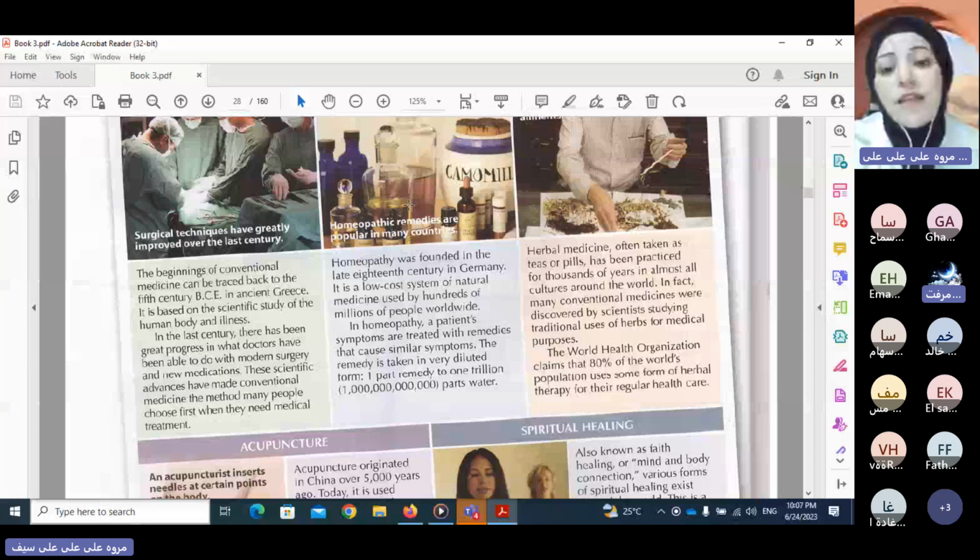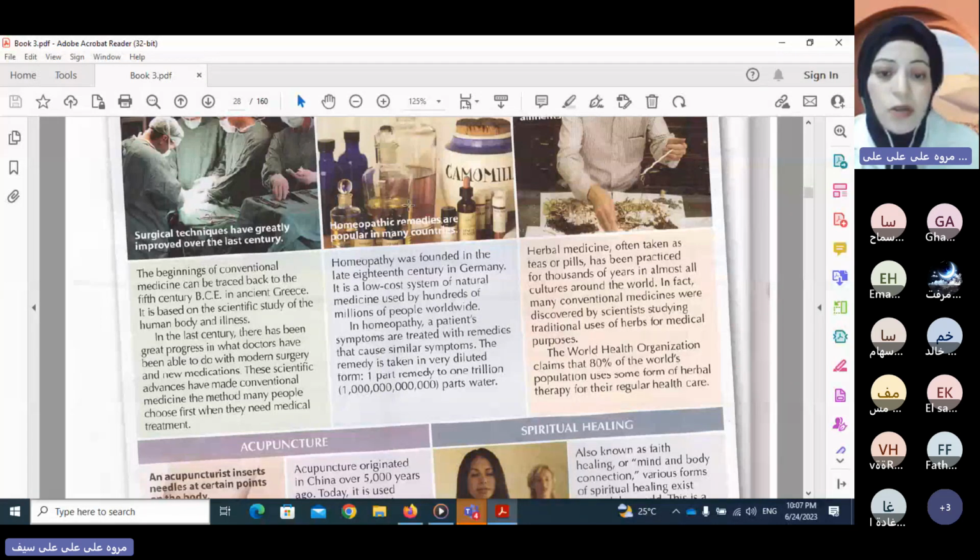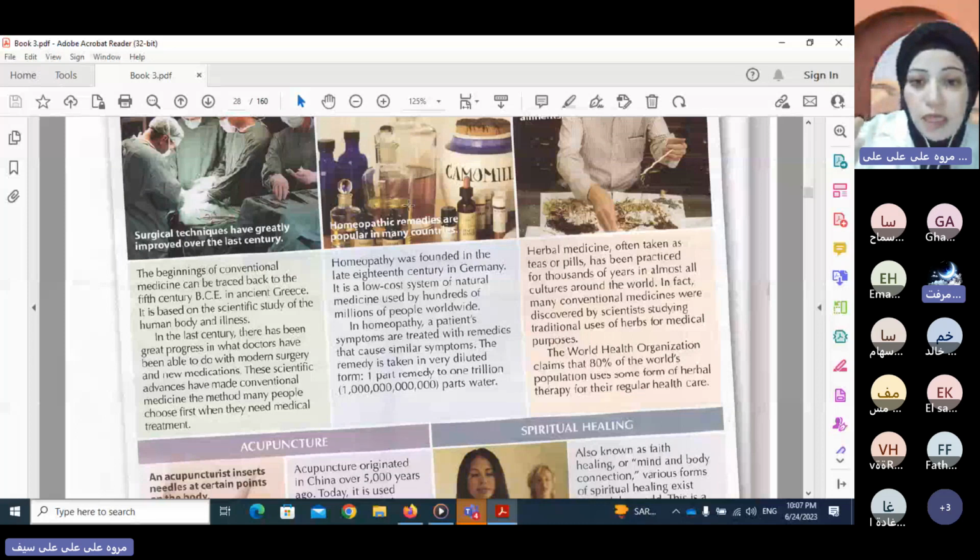No. Is it like the idea of vaccines? Is it like vaccination, where they take the bacteria or the virus, take part of it, and make it weaker, and inject it into the body to cause similar symptoms, so they prevent later being affected by this kind of bacteria or virus? But actually they said no, it's not vaccines or vaccination. It's not like this. It's like what is mentioned here. They just take one part remedy that is a chemical substance from nature. Yes, yes, but this sentence,